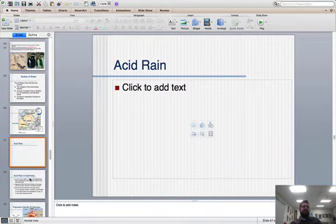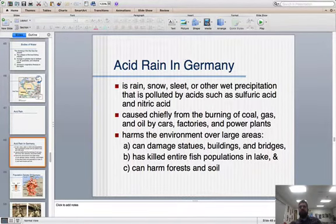It's around Kazakhstan, Uzbekistan, Turkmenistan, that area of Central Asia. All right, now acid rain. Acid rain mainly occurs in Germany. That's where you're going to see a lot of the pollution that causes acid rain. So acid rain is any kind of